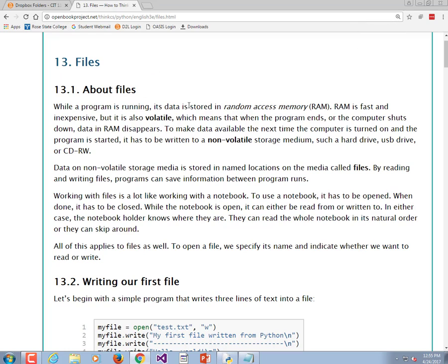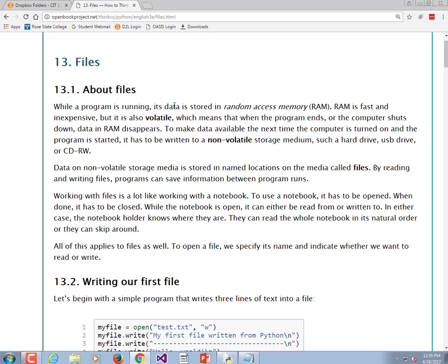So while your program is running, it's stored in random access memory. Why do they have the prefix random access? Well, there's also read-only memory, which you can't write to. But random access implies that you can get any piece of it in any order, as opposed to a tape drive, where you had to start at the beginning and then just keep reading to the end. And if you wanted to position it to a new place in the tape drive, it was actually a very